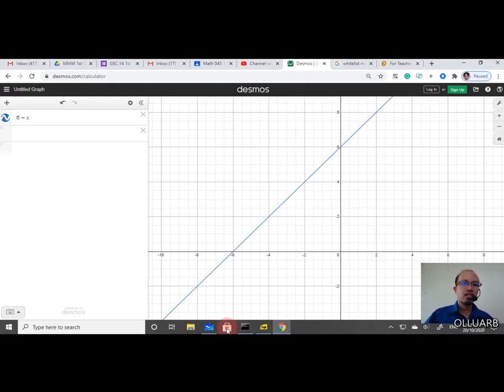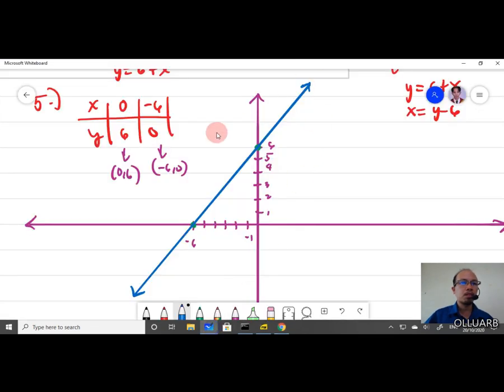Okay, so that's how you are going to graph